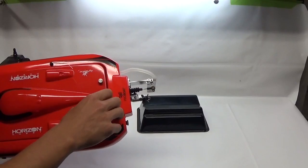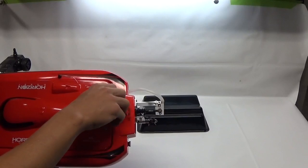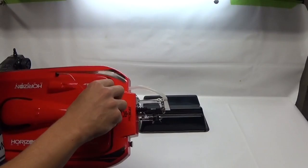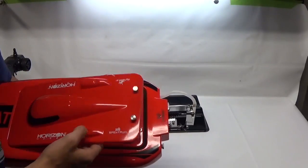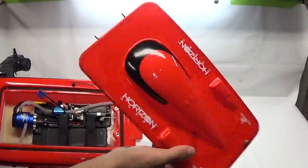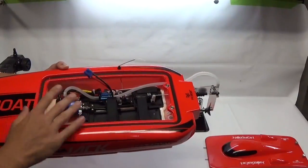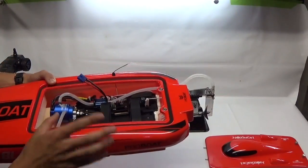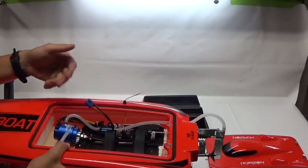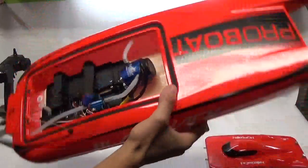One of the things about the Proboat Geico 17 was that I didn't feel it was sealed very well in the back. There was only a magnet. So there you go, you unscrew those knobs and then slide it back here, and these two prongs slide into the hull on the front. It's a very big opening here, so you definitely have easier access to your parts than on the other boats that are smaller. So here's your 2000 kV motor right here,